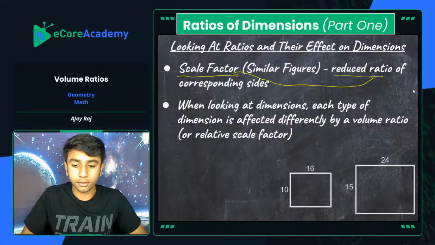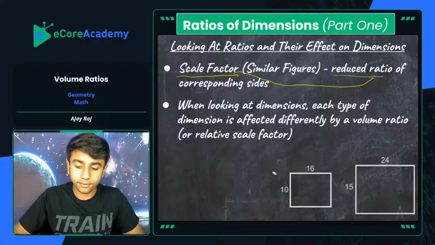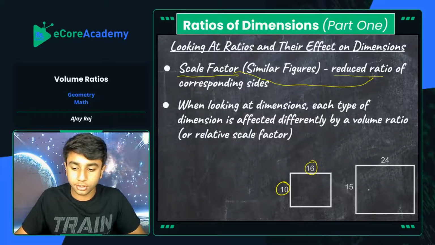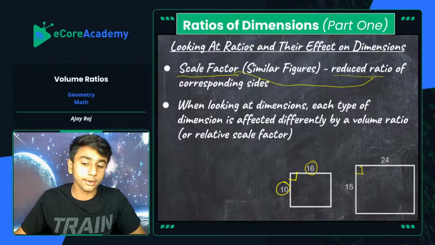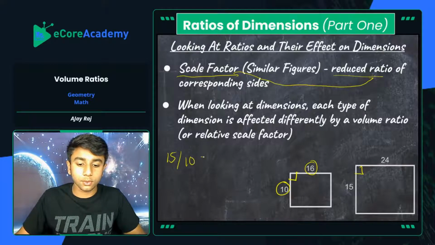And if we look at these two figures here, based off of these two figures, we can utilize a scale factor in different manners, meaning that we can look at 10 and 16. Those are side lengths of ours, so we can compare them to this other square. We know that they're going to have common angle measures, because all squares have 4 90-degree angles. All rectangles have 4 90-degree angles. And if we look at these side lengths, we can divide amongst each other. So 15 over 10 equals 1.5, as 24 over